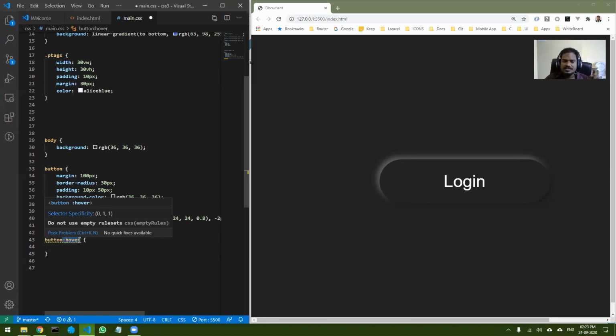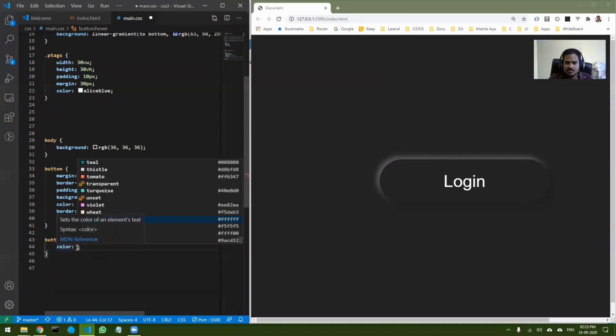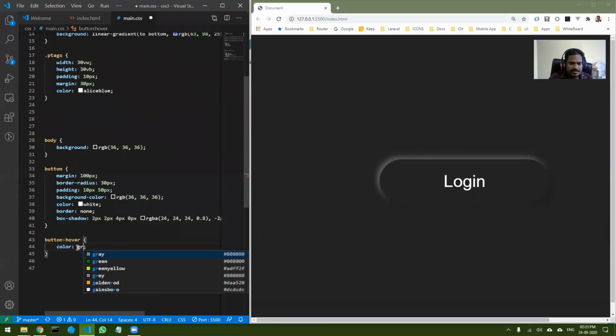This style, whatever you type over here, will only be applied when you hover over it. For example, if I change the color to something like green or green yellow, once I save it, you can see what is happening. When I go over it, it becomes green.